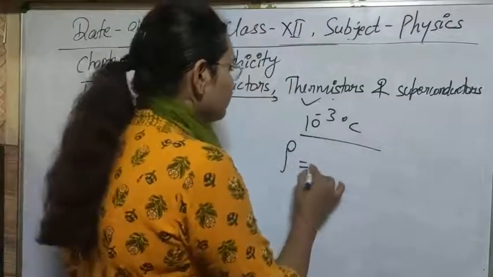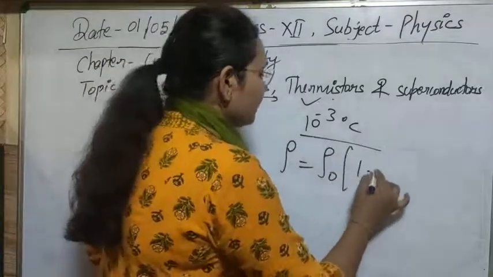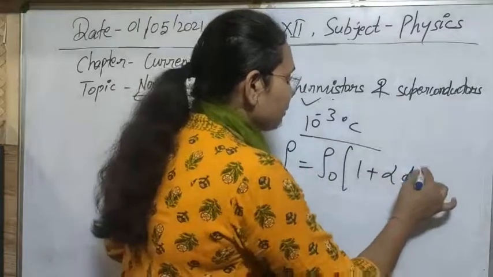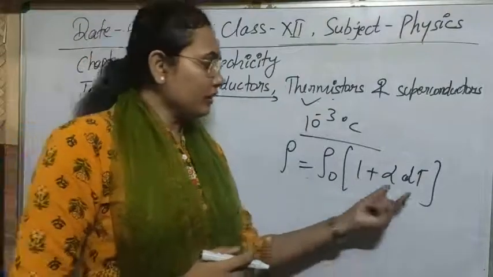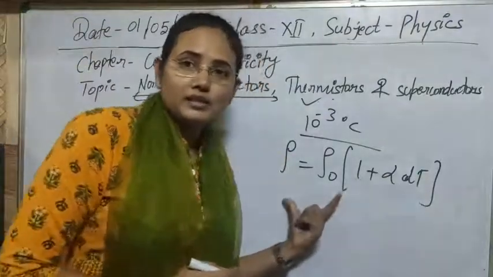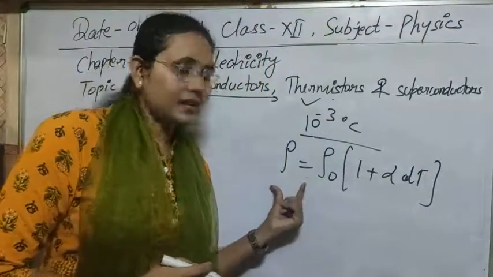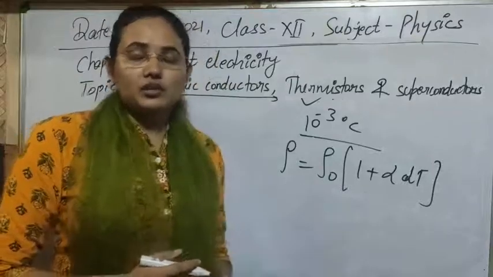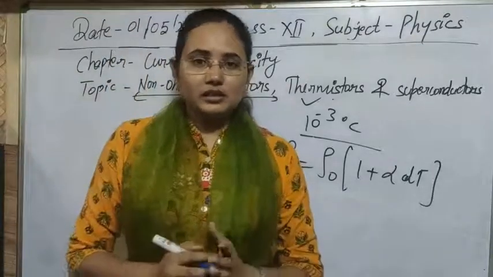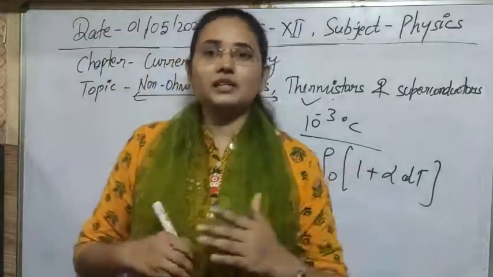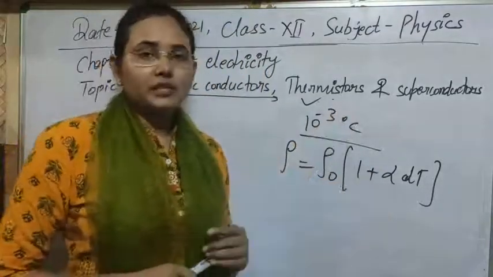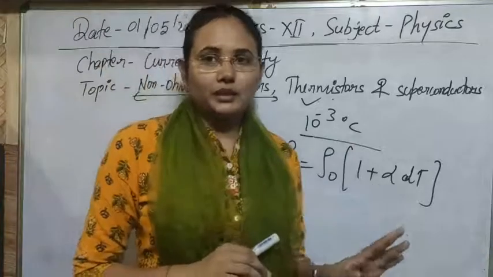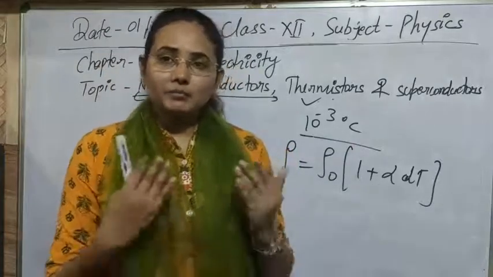As I told you yesterday on this topic, we can measure the change in temperature by using this formula. So dT you can measure by knowing the resistivity at 0 degrees Celsius and at different temperatures. By using that you can see how the temperature is changing. Here is one more thing, the property of the thermistor. First of all, before talking about the property, here is how we are making it.